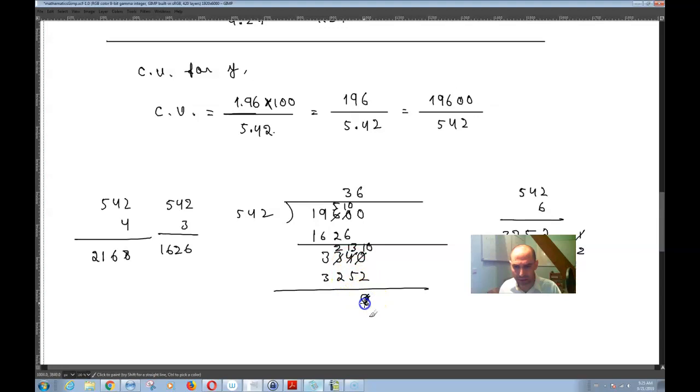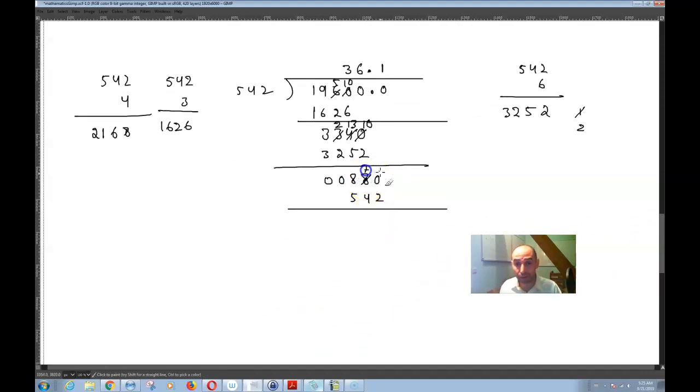And that's an 8. And then you have 13, 5 plus 8 is 13 minus 1 is equal to 8, and 0, 0. Then decimal point, 0 and decimal point. That's 1 times 542 is 542. Remainder,